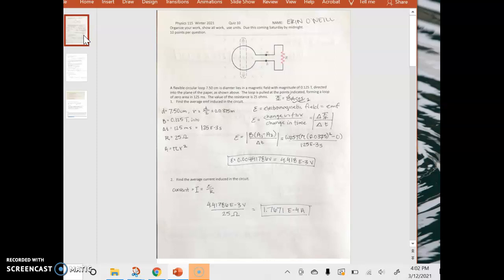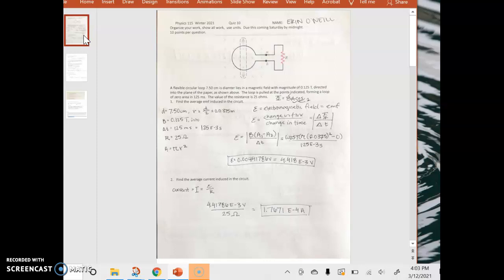And the value of the resistance is 25 ohms. So to find the average electromagnetic field induced in the circuit, first I had to go through and figure out what the radius is, since we're using area, which is pi r squared, and then also translate milliseconds into seconds so that it could be set up into this equation,